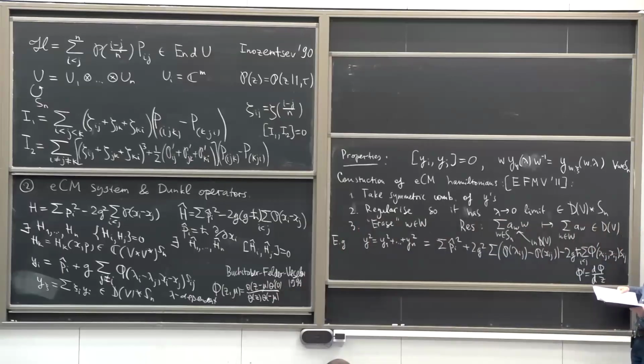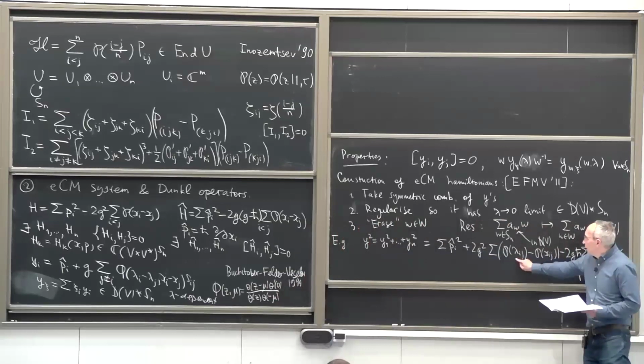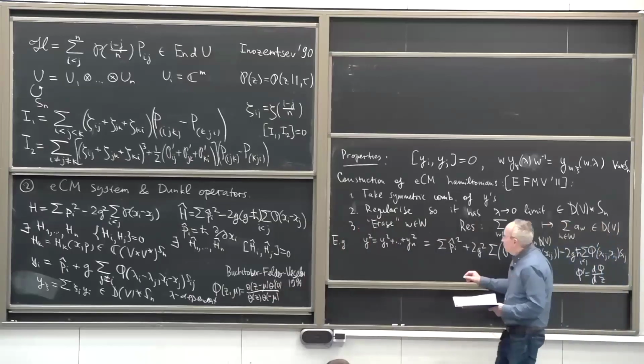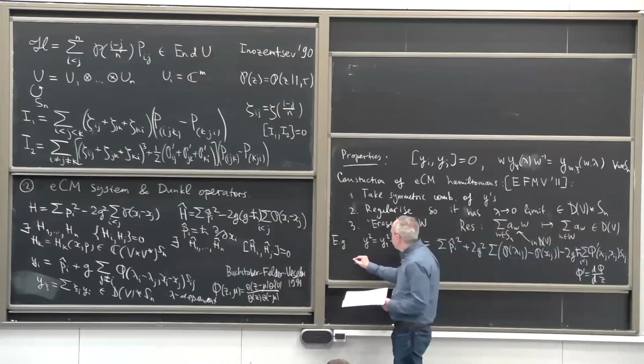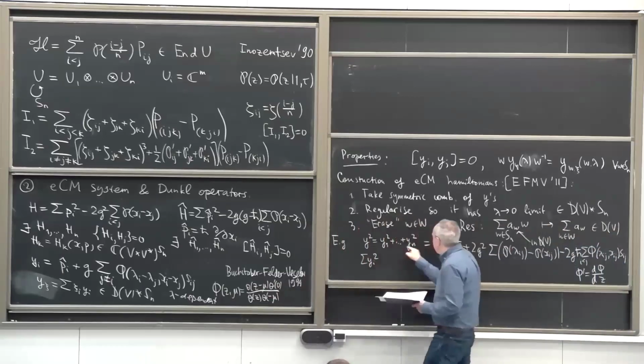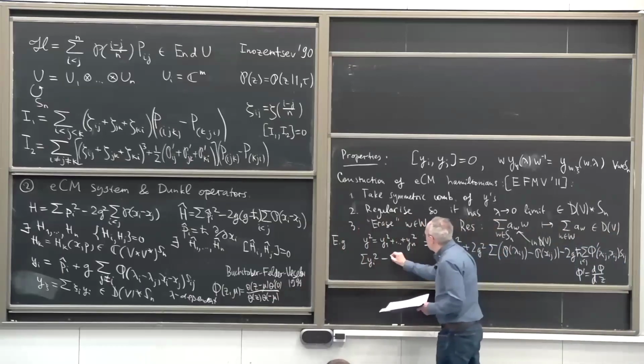Okay, and so those are the singular terms, right? Second order poles here, so they blow up as lambda approaches 0. So you would like to remove them. So for the regularization, you take the sum of y squared as before, and then subtract 2g squared